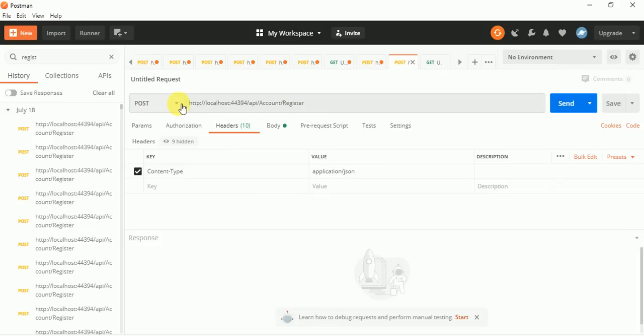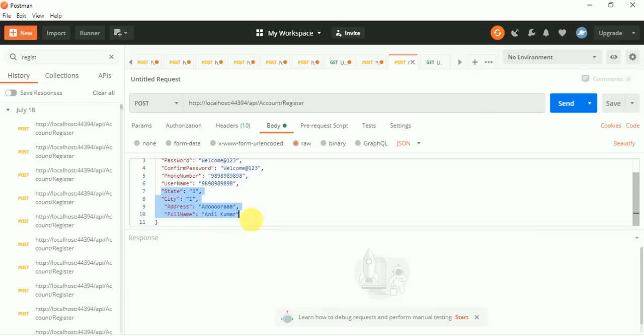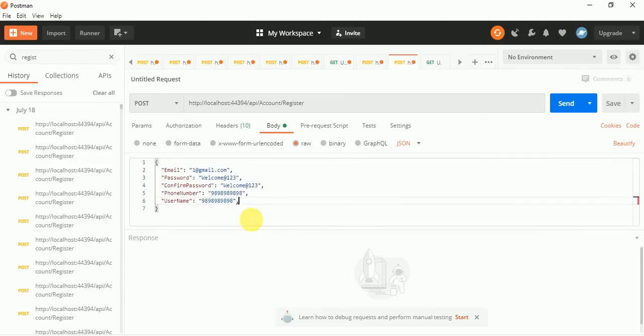This is basically a POST method. You don't need to do anything. In the body you have to pass a few parameters, so I will remove all these.